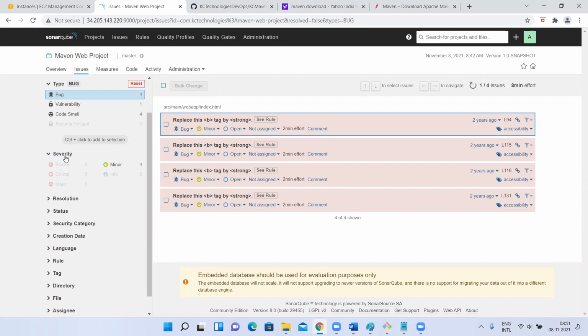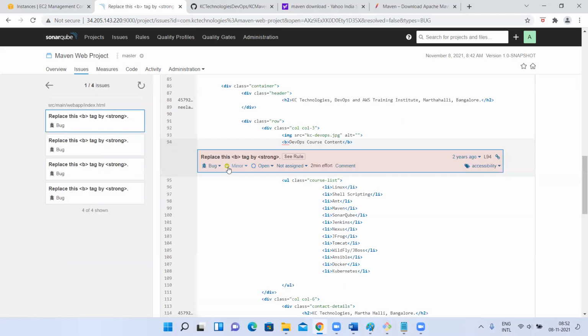Even if there is a blocker or something, it will give a solution also. For example, if there is one minor issue and you want to fix it, you can fix it, or else ignore it, no problem. But if it is a blocker, it will show how many blockers, 2 blockers, how many critical, 2, like that it will show here. This should always be 0. If there are any 1 or 2 things, you have to let the developers know and they will fix it. Now, if there is a minor issue I want to fix, what is that minor issue? It will show here.